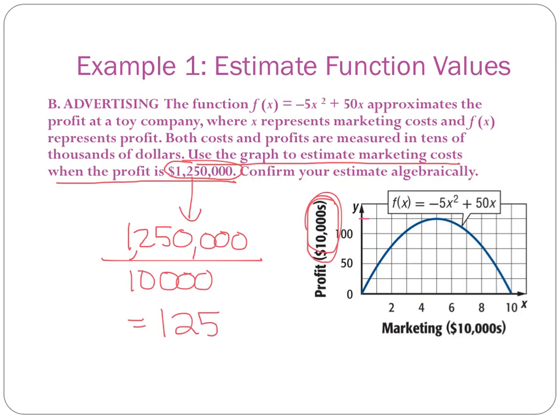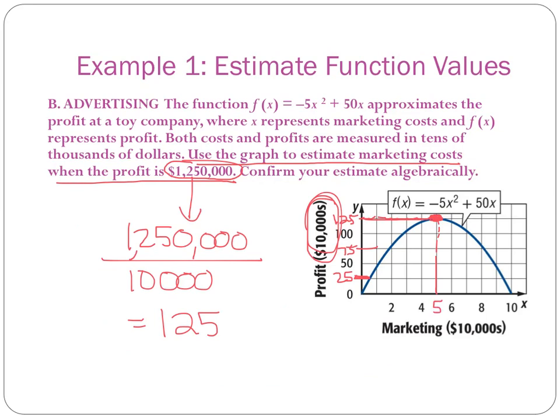So if I go to 125, because our scale here is 25s, and if I go up to 125 here and go over to the graph, this line is going to touch the graph at approximately this point here, and if I go down from there to the horizontal axis, or the x-axis, that gives me an x value of